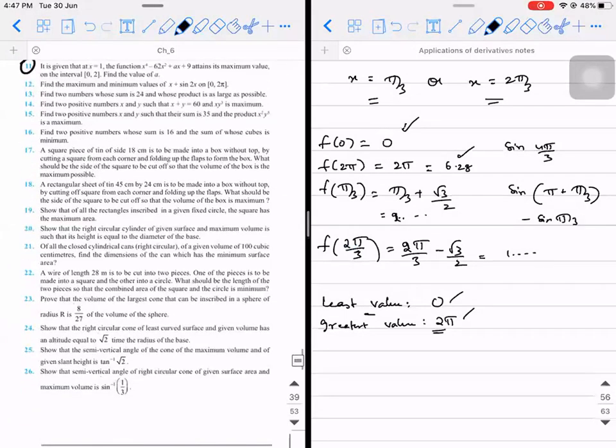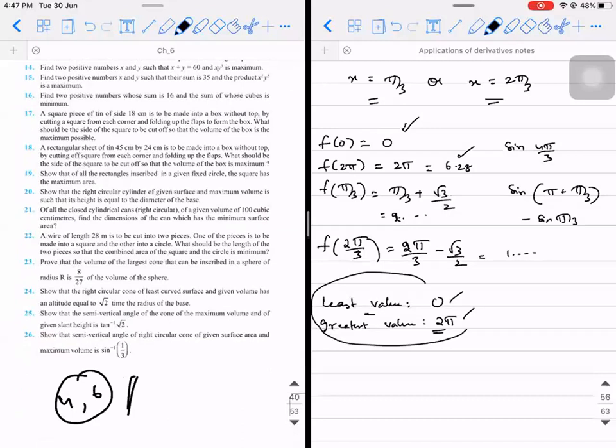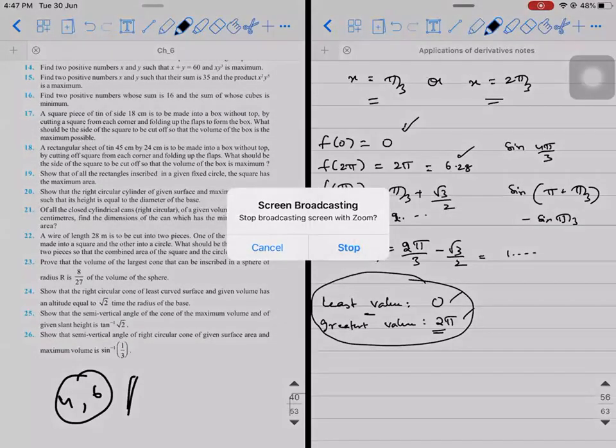Next class, once I teach a few problems, I'll tell you which of the statement problems you can do as homework. That time you can sit and try. And remember, this exercise is very important. You will definitely get a 4 and a 6 mark question, a direct 10 marks. That is why I'm explaining this much. So practice it and just wait for 5 minutes. I will take screenshots and then you can leave.